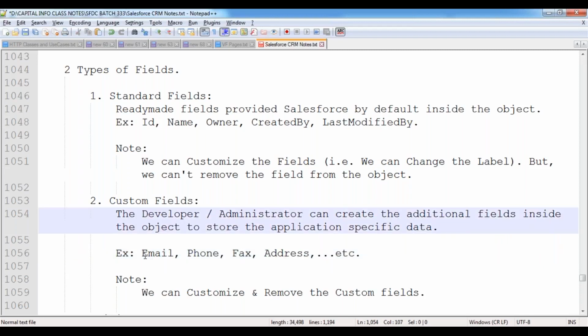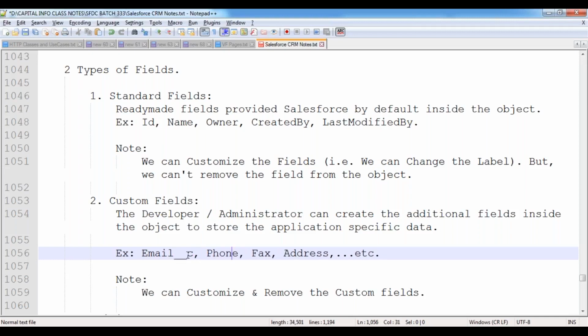Then how do we know whether it is standard or custom? You know that concept, same story. Whatever custom column we have created will be postfixed with underscore C: email underscore C, phone underscore C, fax underscore C, address underscore C. These are the column names.